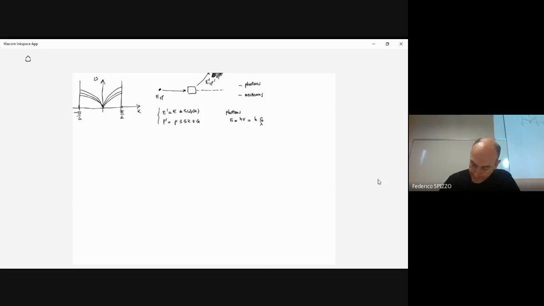And if we write h as h bar times 2 pi, then 2 pi over lambda is the wave vector corresponding to the phonon, then